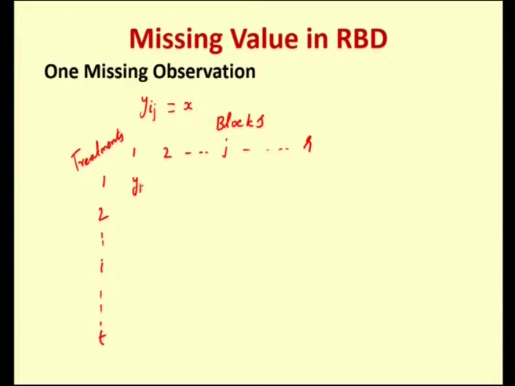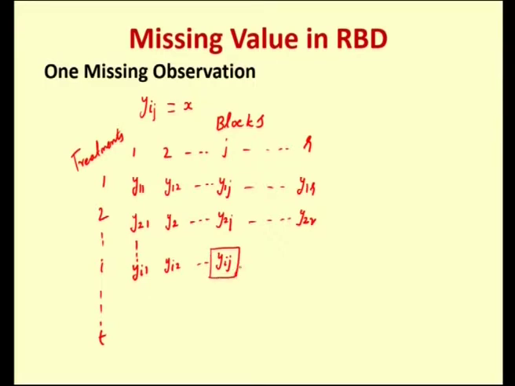So, the first yield will be denoted by Y11, Y12 and so on, Y1J, Y1R, and here Y21, Y22, Y2J up to Y2R, and Yi1, Yi2, Yij, and we assume that this observation is missing and it is taken as X. This is Yir, and for the Tth treatment we have Yt1, Yt2 and Ytj up to Ytr or Yrt, and the total for each of the treatments we have Y1 dot, Y2 dot,